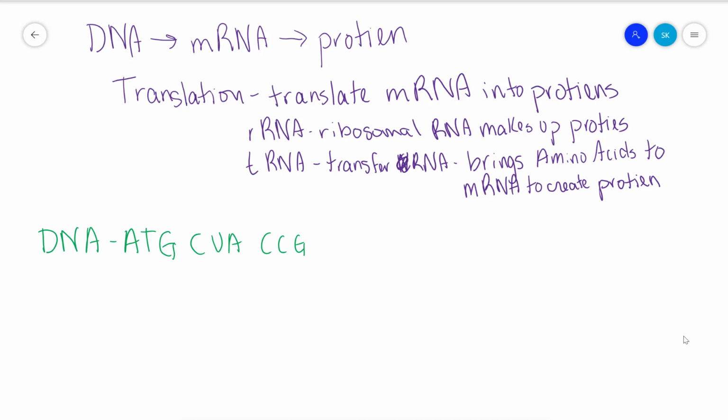All right, we're just going to have this. We're going to make it short. When we translate that into mRNA, okay, A has to go with U, remember, because there's no T. T goes with A, G goes with C, C goes with G,